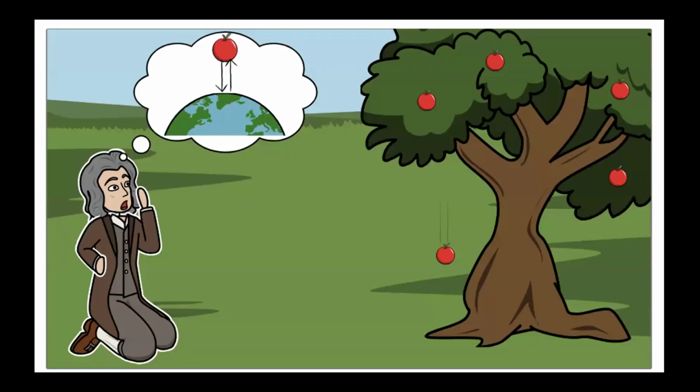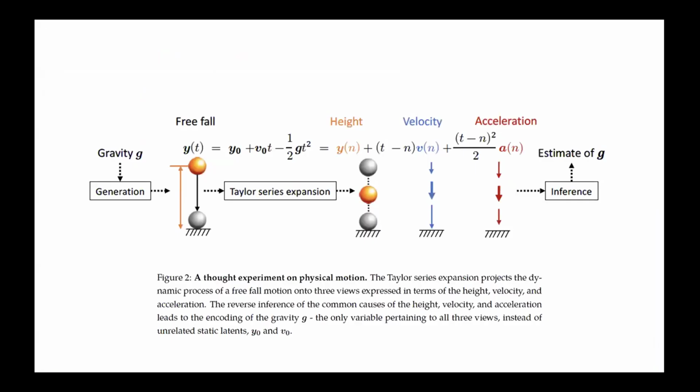Some of our inspirations go back to how Newton figured out gravitation by looking at an apple falling to the ground. So what is that inspiration? If you think about a series of events, like a ball or an apple falling to the ground, you see the position of the apple is y, right? And y changes its position, so y is a function of t, and you do the Taylor series expansion of that, and you'll figure out that